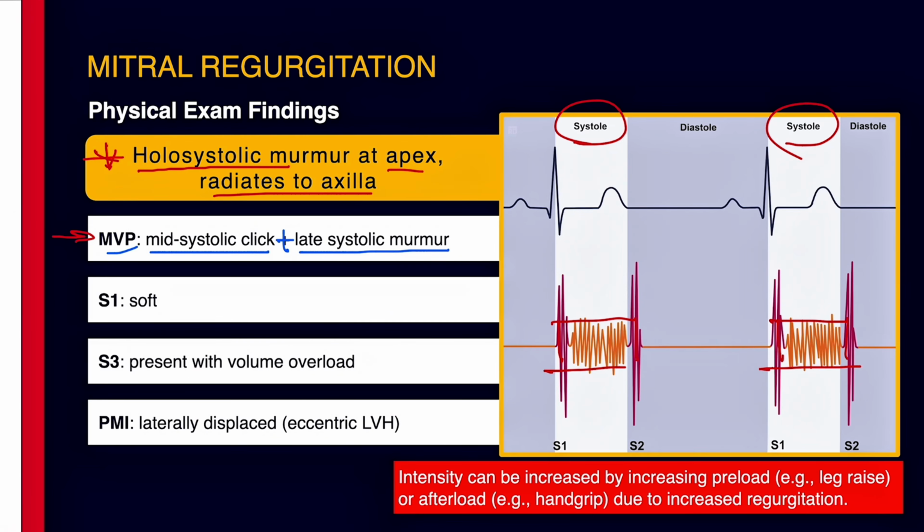Patient with mitral valve prolapse. The click comes from the sudden tensing of the prolapsing valve leaflet. Okay? And it's often heard in young women. In terms of heart sounds, the S1 is often soft in patients with MR. Why is it? Because the mitral valve is already partially open or floppy, so the closure sound isn't as sharp. You may also hear an S3, especially in chronic MR due to volume overload and rapid filling of